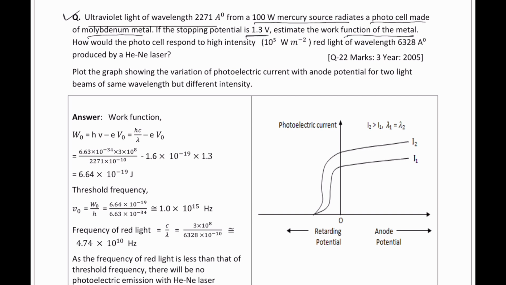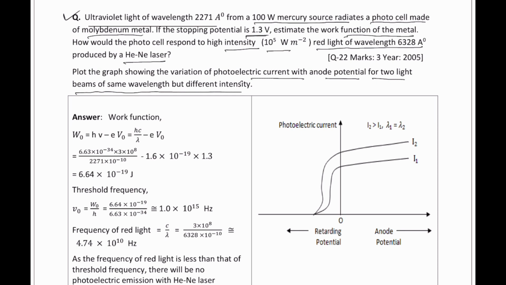How would the photocell respond to high intensity, 10 to the power 5, red light of wavelength 6328 angstrom produced by a helium neon laser? Also plot the graph showing the variation of photoelectric current with anode potential for two light beams of same wavelength